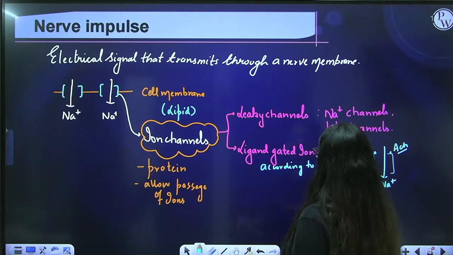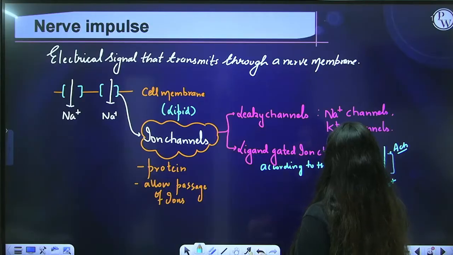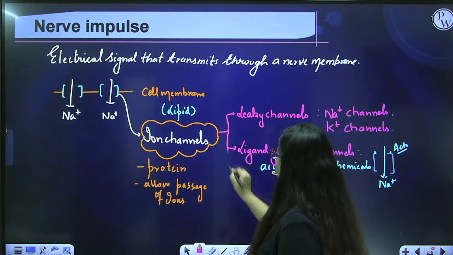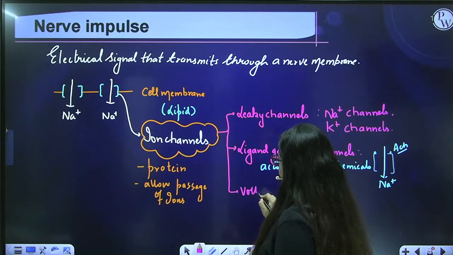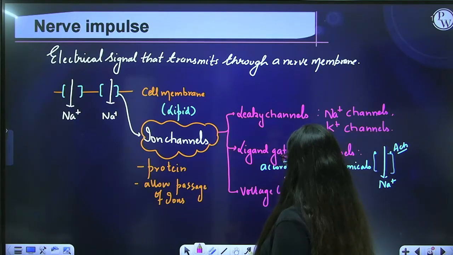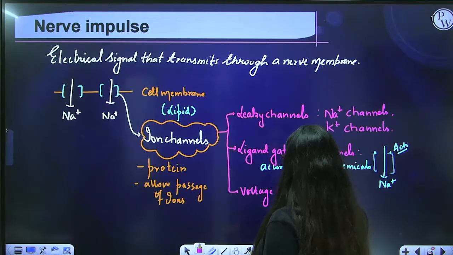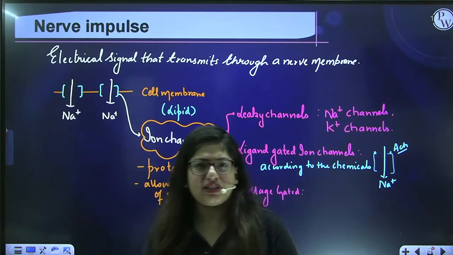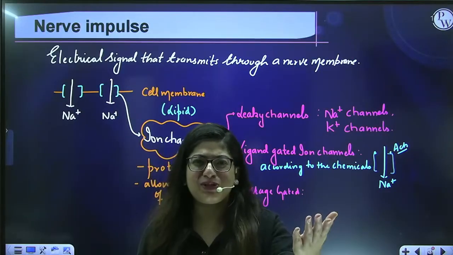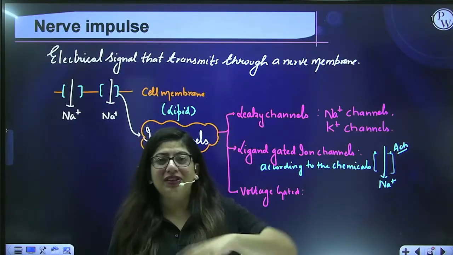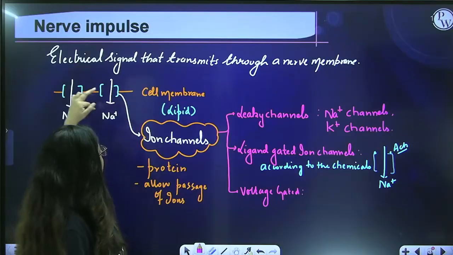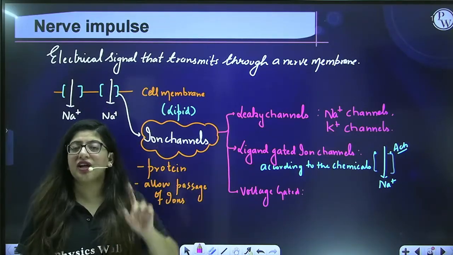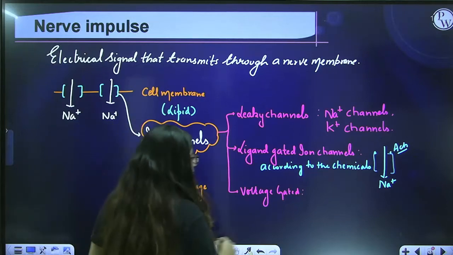According to the chemical that binds. Right? And then we have the voltage gated ion channels. Voltage gated. Now what are these? If ever there is a change in the potential difference, that is same as you study in physics, right? So if there is any change in the potential difference across the cell membrane of a neuron, only then these ion channels will open. So they open and close